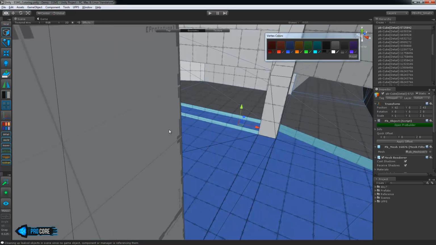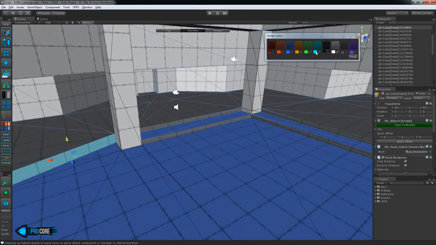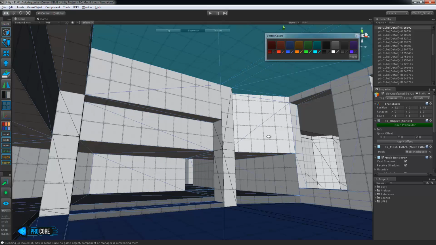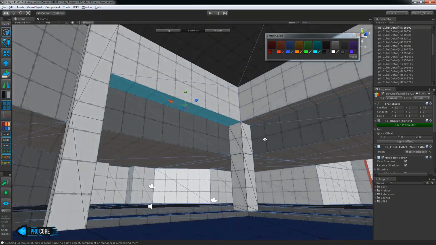Adding the blue for the carpet area there, and then maybe some accents on the edge of the mini stairway here. Again, just an optional part of this. You could jump right into the texturing if you like, but I like to do this so I can start to get a bit of a feel for how the level is going to look